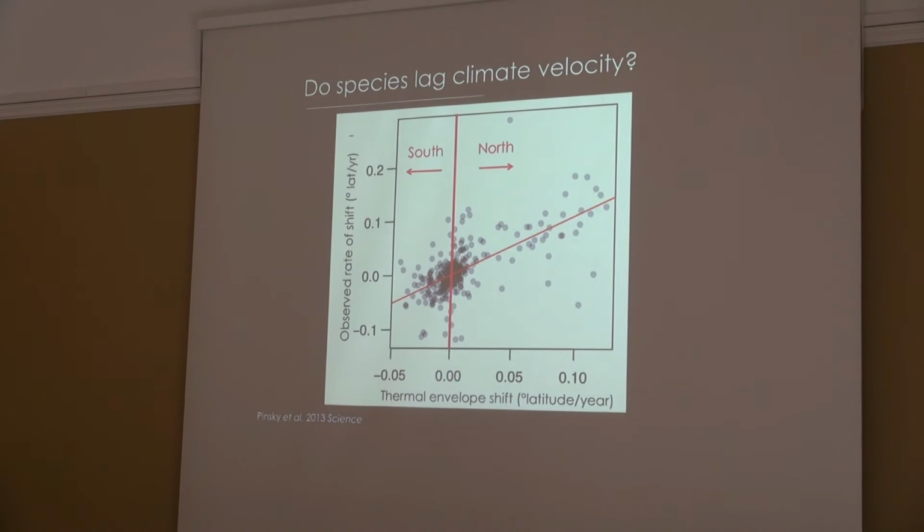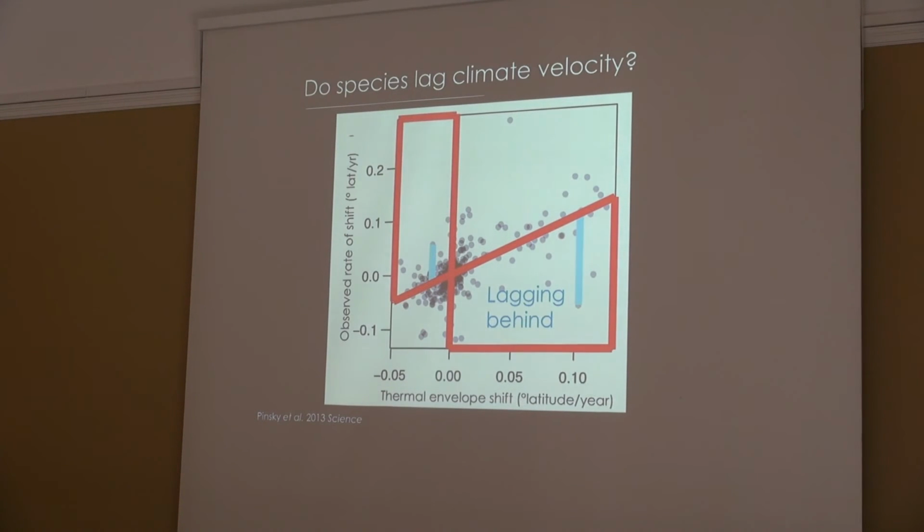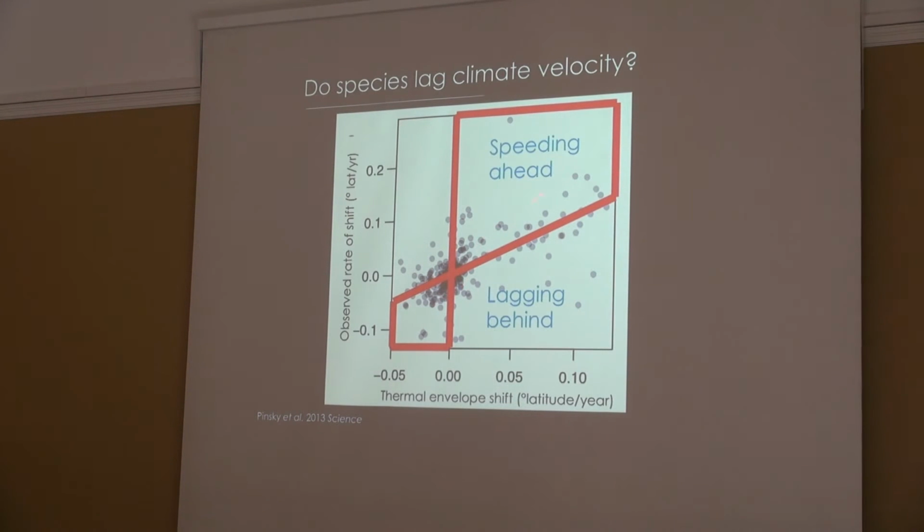It raises another interesting question, though. Are species keeping up with climate velocities? Do they lag behind? The same figure can help us answer that question. Because the expectation here is that they should be moving north. Expectation here is that they should be moving south. Any species that fall down here are lagging behind, and you can measure the amount of lag as the difference between that one-to-one line and what they're actually doing. Similarly, lagging behind up here, and then in this case, these species are actually moving faster than we would have expected. So they're speeding ahead.